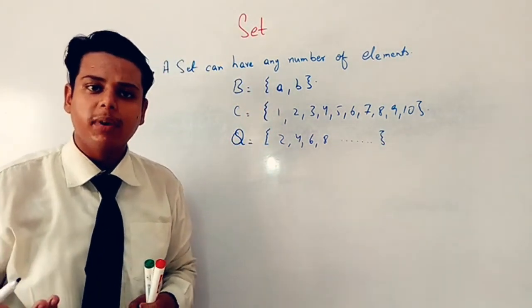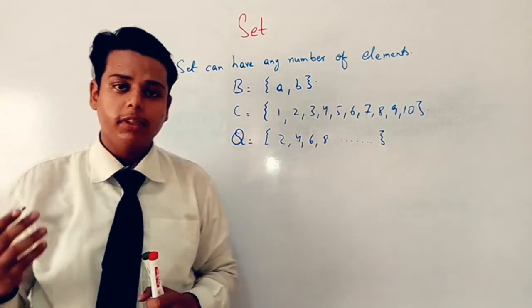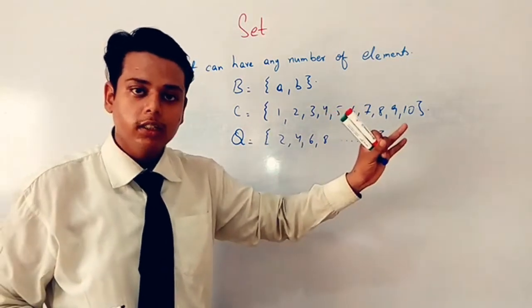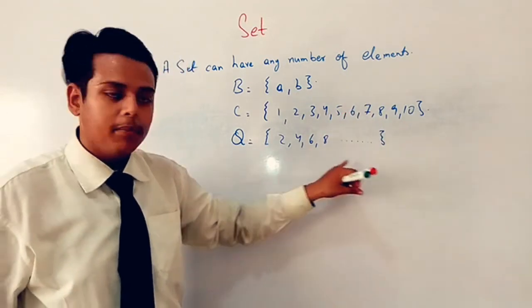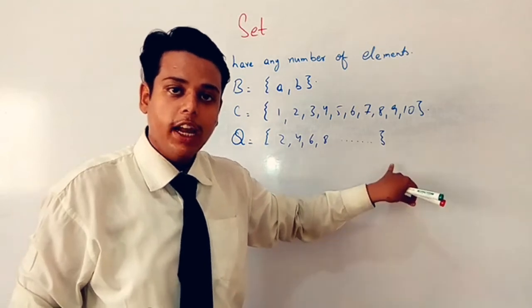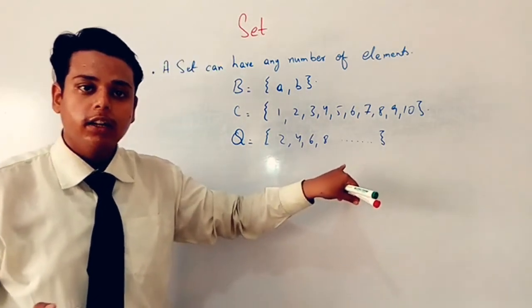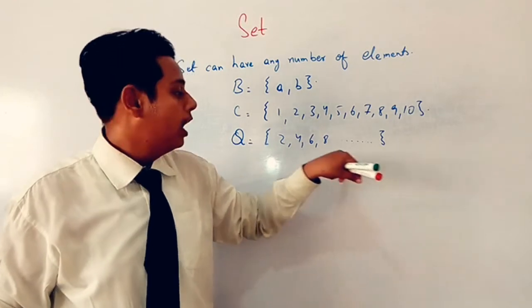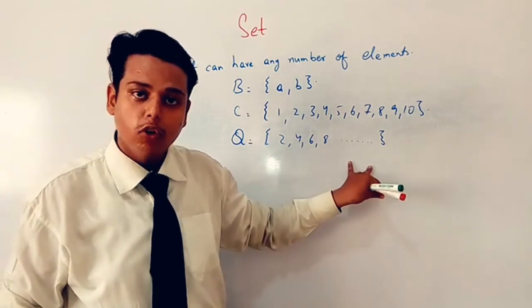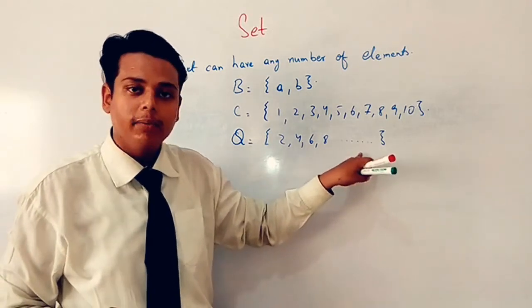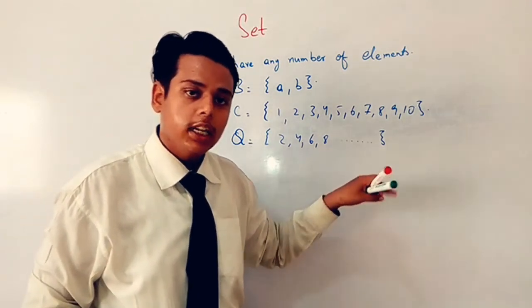What are even numbers? Those numbers which can be divided by 2. We have a lot of them, so it can be infinite. Infinite sets are those which cannot end at any place. We cannot count the total elements of that set. Infinite sets are those whose elements we cannot total count.